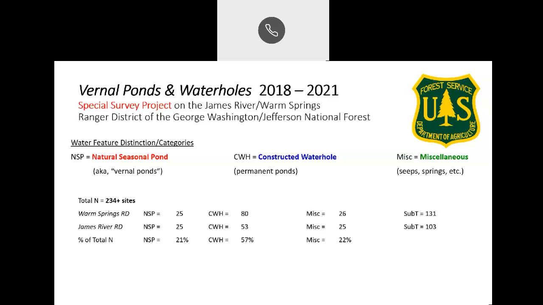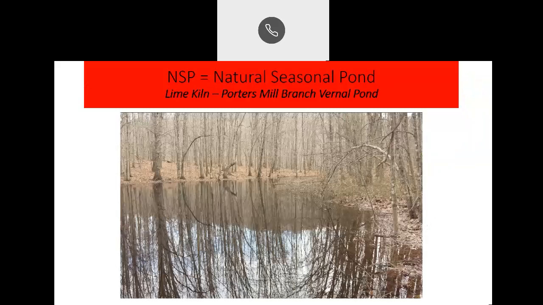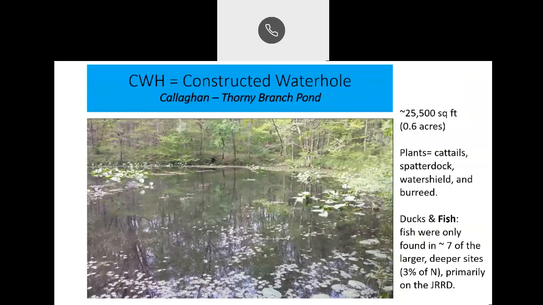Next. So let me show you some examples. Here is a vernal pool. This one's pretty big. This is about a quarter acre. It's only 18 inches deep. And this is in Bath County. This is a really nice quality vernal pool that has a sort of semi-short cycle of ponded water on the surface.